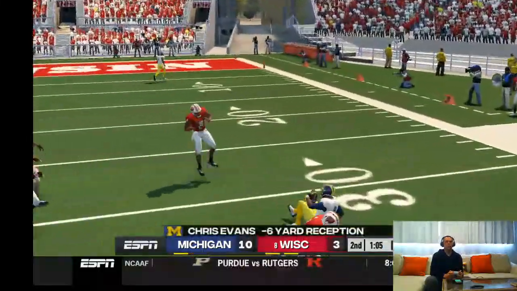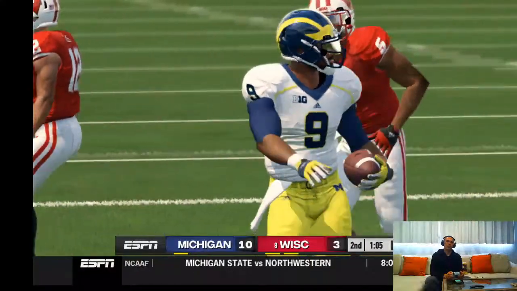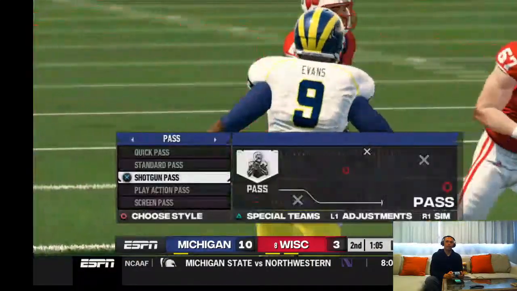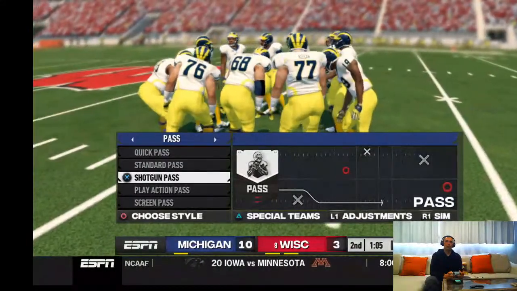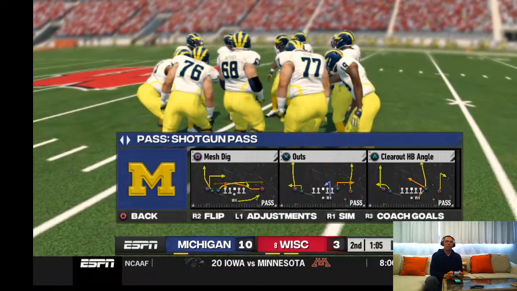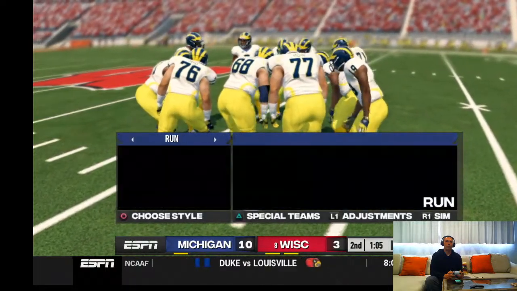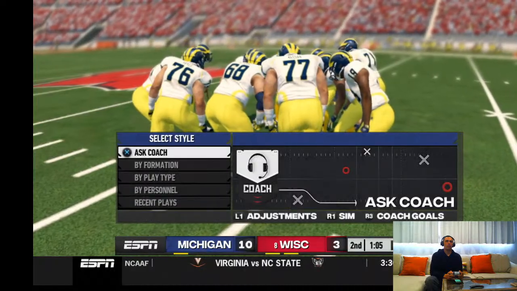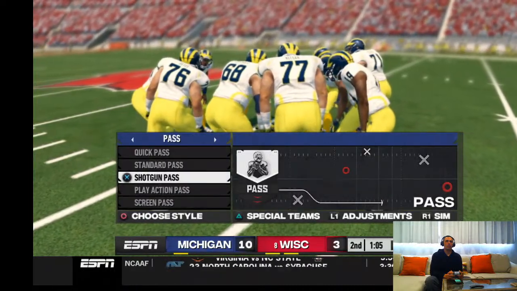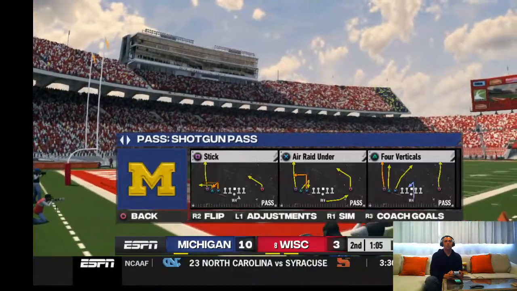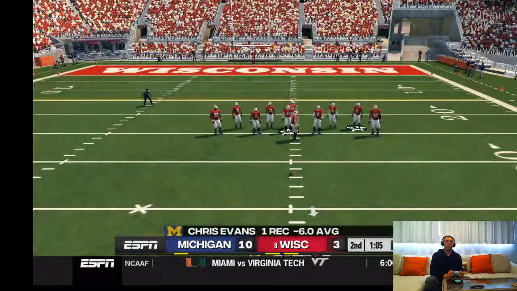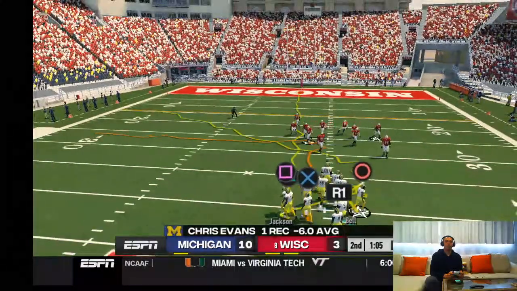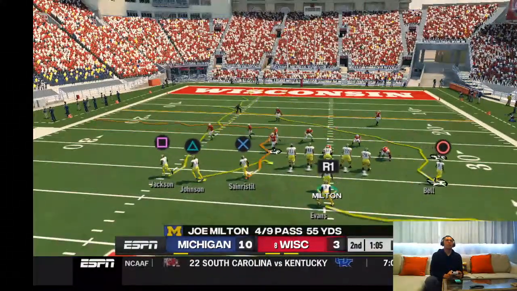Throws complete. Big loss. Just hoping the Wolverines can make use of their second timeout. I had single coverage on the deep 7 route, but that first down is a risk play by the defense. They dropped him well short of the line of scrimmage. Let's see if we have a setup play yet. Second and 16. From the 32-yard line. Second down.